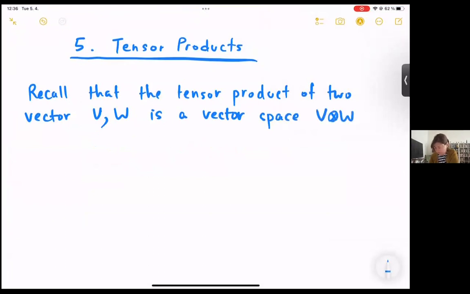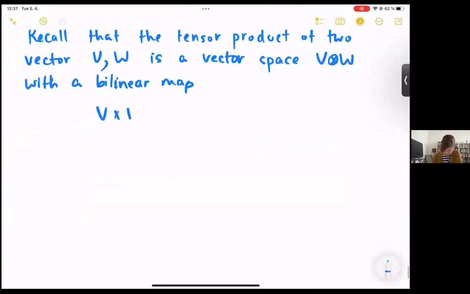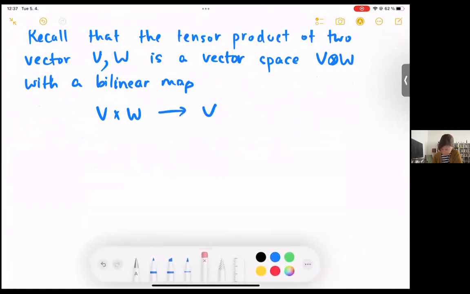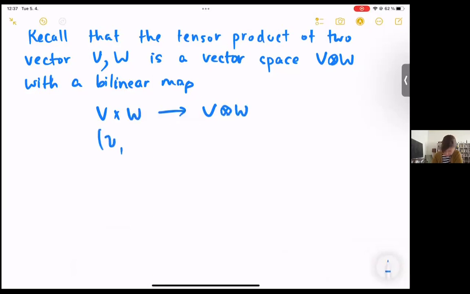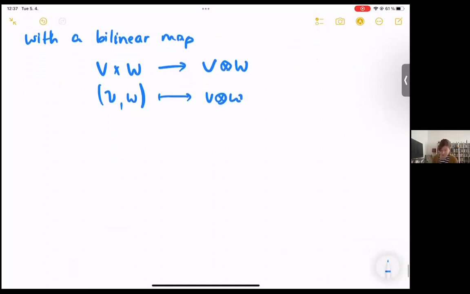Which we denote V tensor W, which comes equipped with a bilinear map, sending something of the form (v, w) to an element which we denote by v tensor w. And it has the universal property that for any bilinear map,